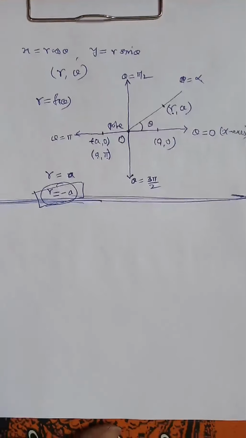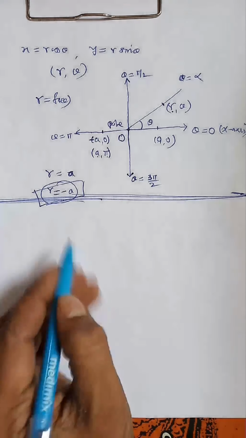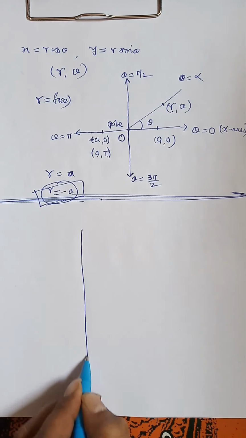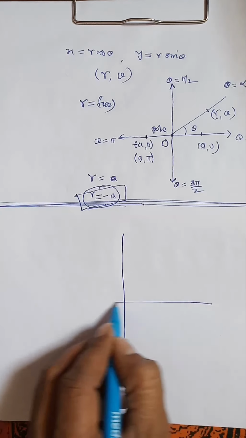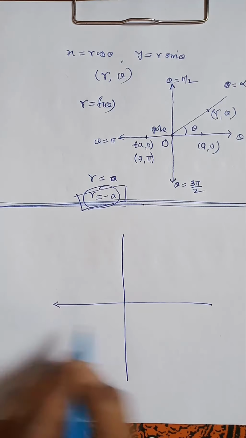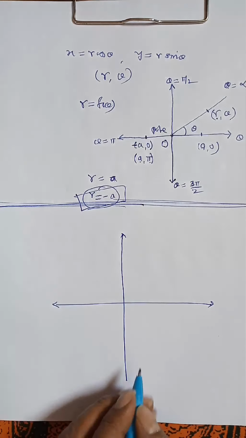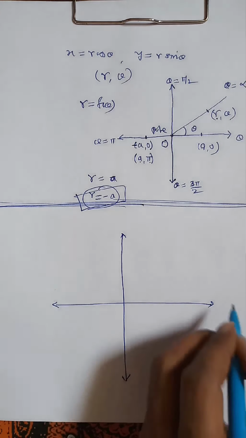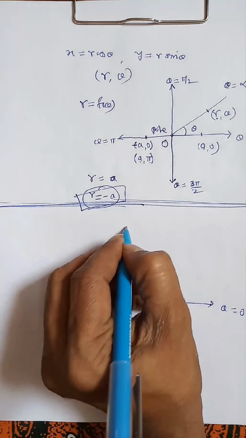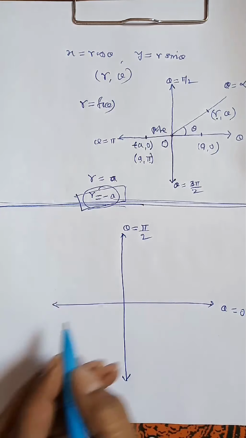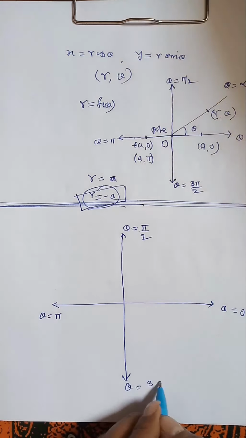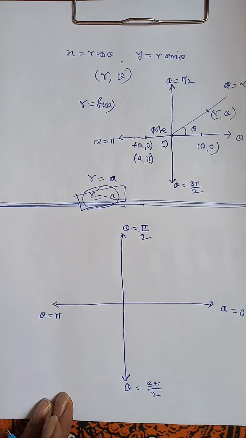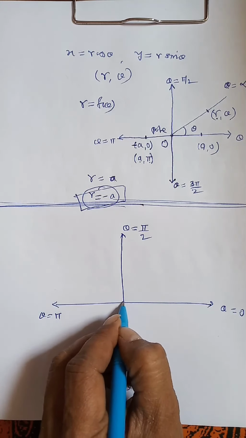So let us see this curve. We'll draw it simultaneously. So this is theta equals 0, theta equals pi by 2, theta equals pi, and theta equals 3 pi by 2. So the curve is passing through